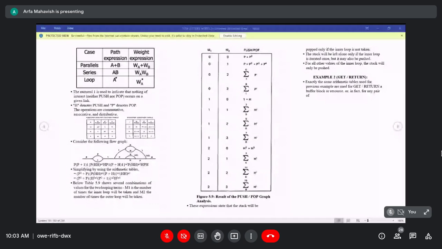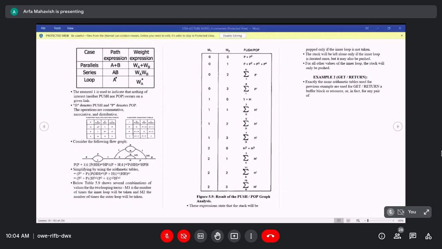The result will be A power star, which represents the number of iterations of the loop. So if you have A power n, the loop is infinite; A power 2, the loop is repeated 2 times. So this is the way we represent loops.